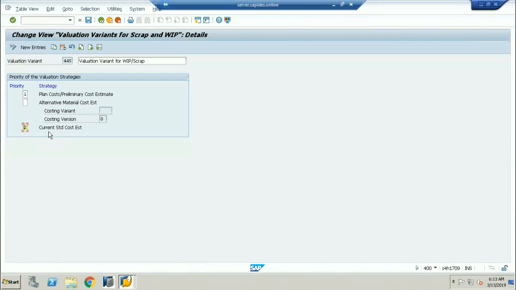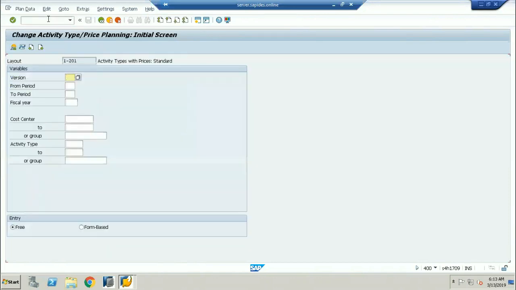So for the first priority, you have to do the planned cost where you are updating the planned cost in KP26. If you go to the transaction /O KP26, KP26 is the transaction I'm going to use for the cost center planning.